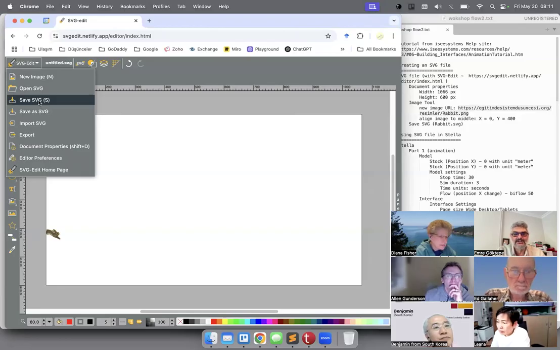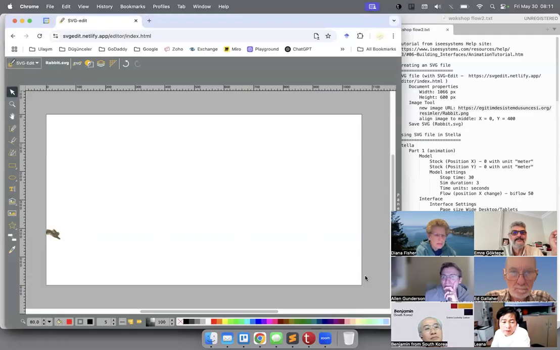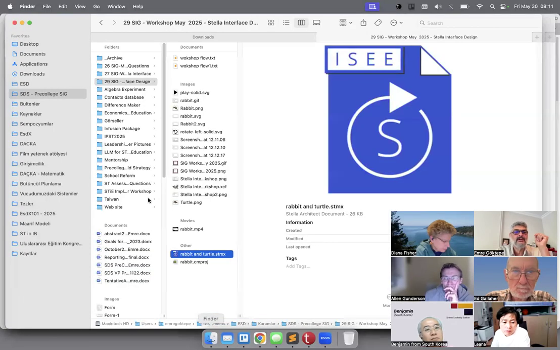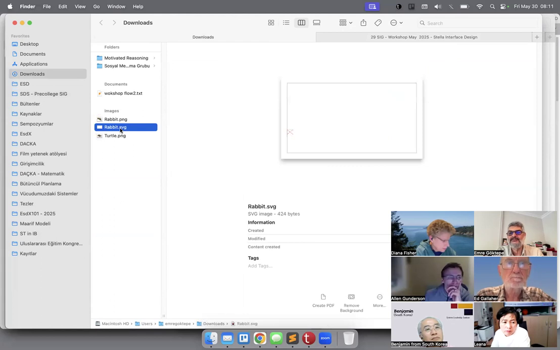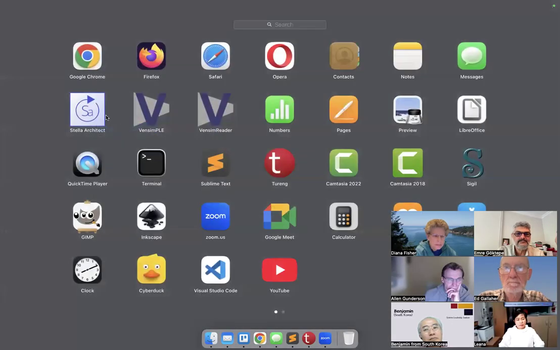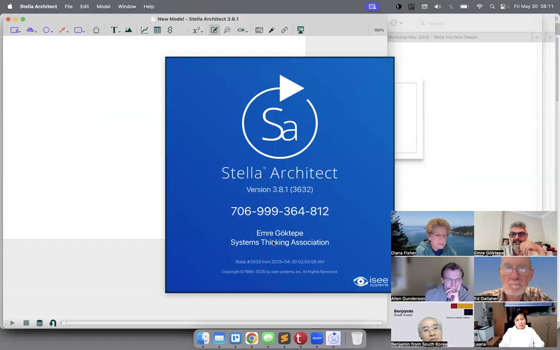This is the first time, so I can save as, and the name was rabbit.svg. So the name changed, and when I checked the downloads, I have the rabbit SVG file ready to be used in Stella. So I open Stella,